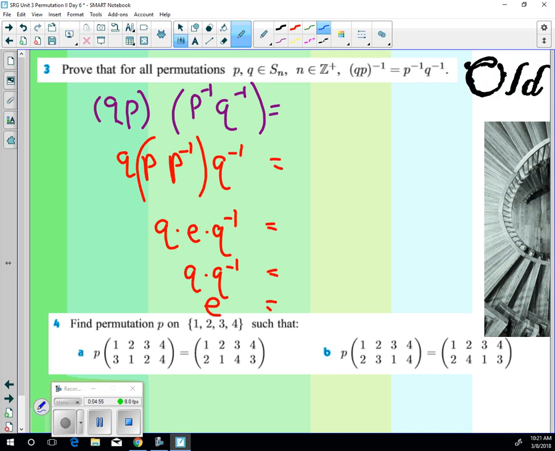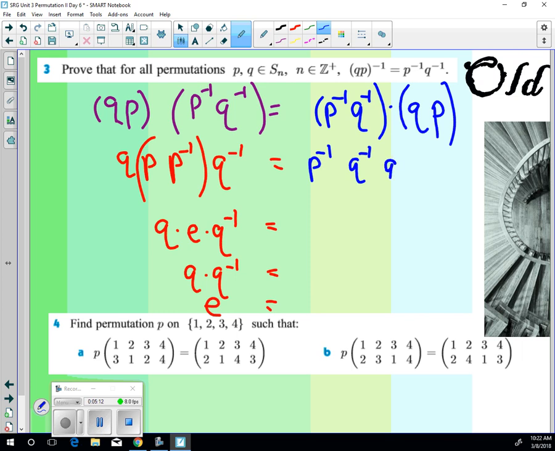You do the same thing with, I'm going to start it off and you finish it. You're going to go with P inverse Q inverse, and do that with, let's see, what are we going to do? QP? Go for it. Yeah, you probably guessed it. You just rearrange them. You're going to get the same thing. But it's not the same thing because here you were ending up with QQ inverse. Here you ended up with PP inverse. But since those are equal to each other,